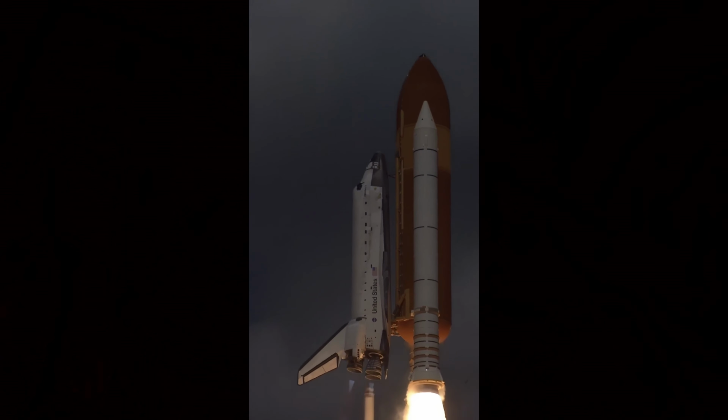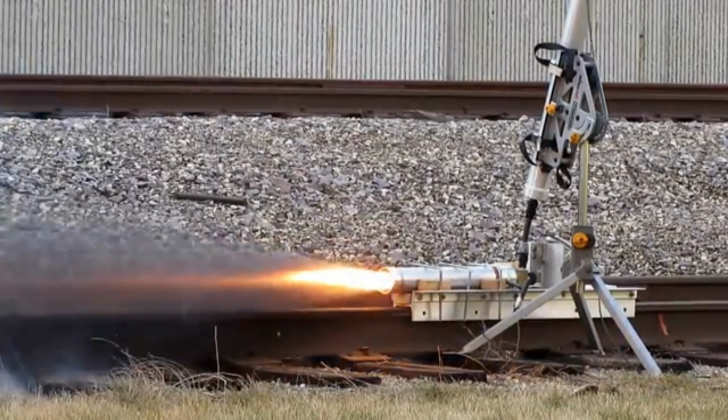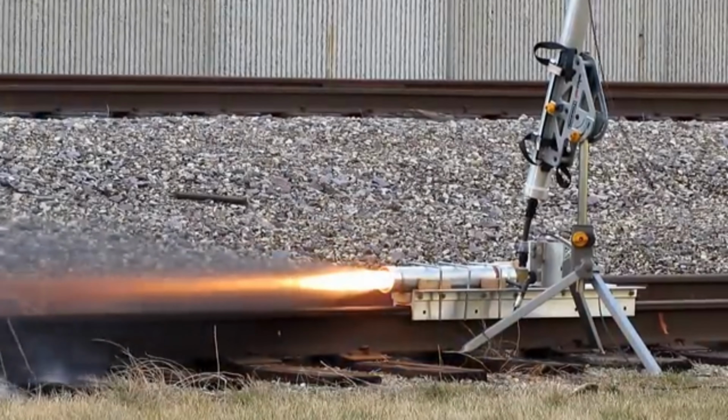Putting it in water won't work. Changing the pressure won't work. Not even a vacuum can stop it. So that's what led engineers to invent the hybrid rocket engine, which uses the best of both worlds, a liquid state's controllability and a solid state's simplicity. It works by using solid state fuel but without the oxidizer, and is controlled by the injection of liquid oxygen